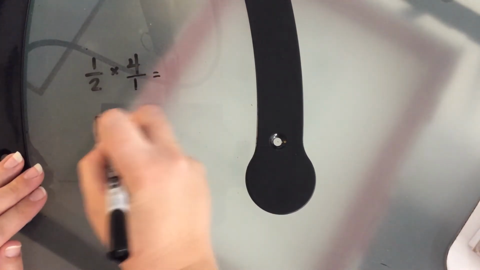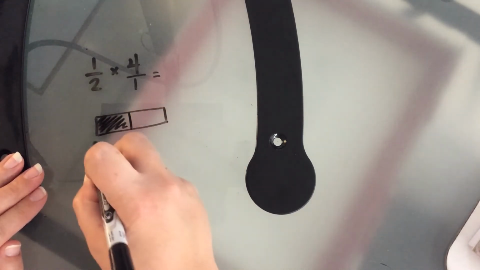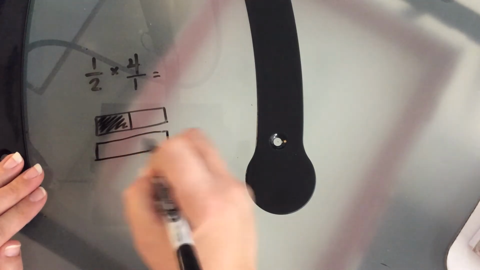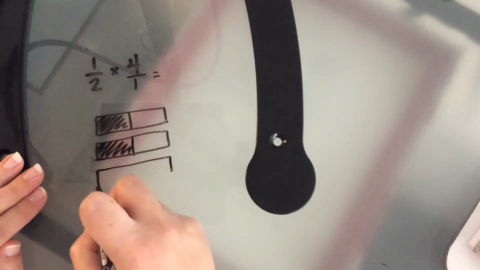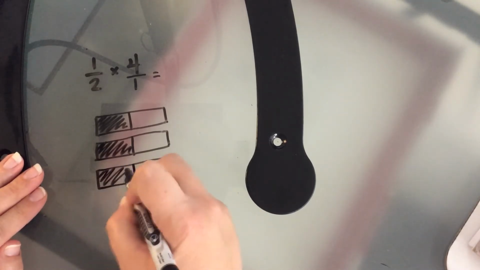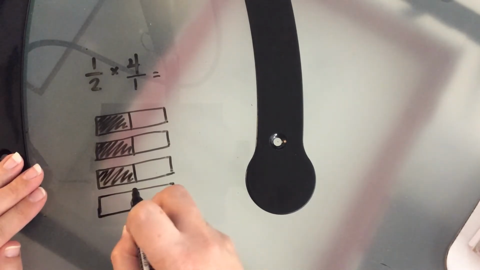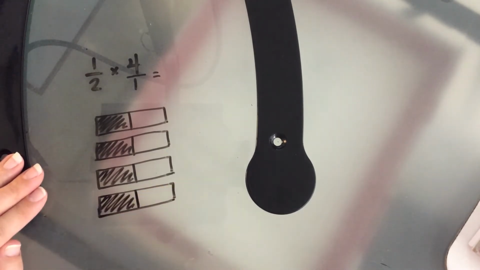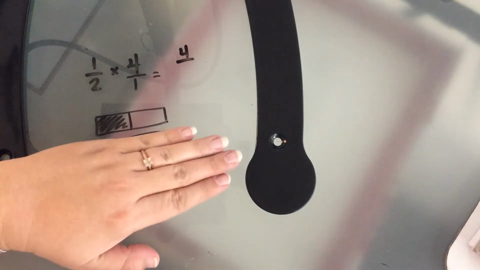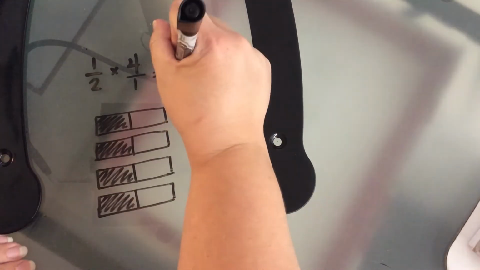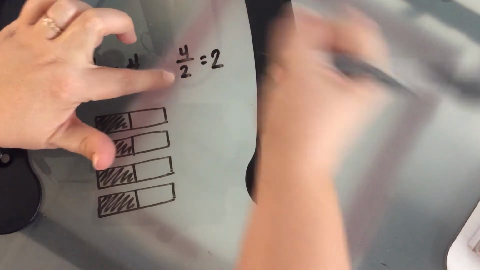Because what I've got, there's 1/2 one time, 1/2 two times, 1/2 three times, 1/2 four times. So what do I have? I have 4 pieces out of how many make a whole? 2. So I have 4 pieces out of 2 making a whole,